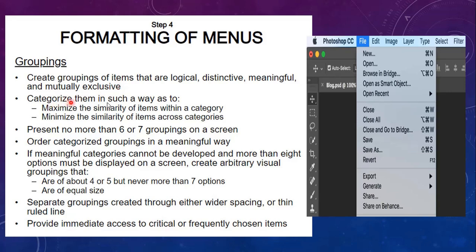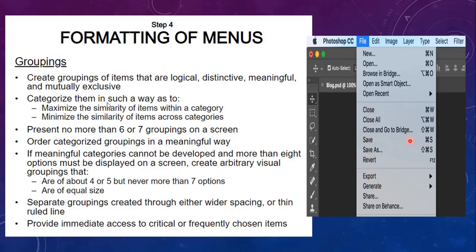Next we have categorizing. Categorize the menu in such a way as to maximize the similarity of items within a category and minimize the similarity of items across the categories.